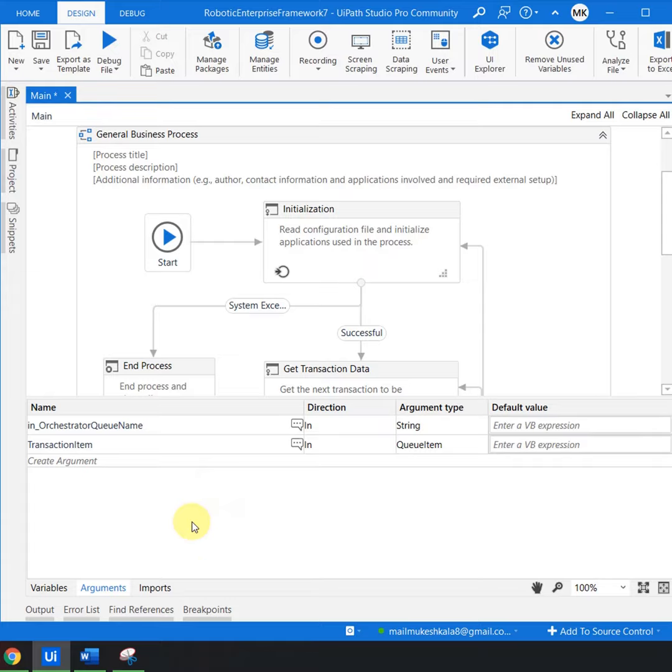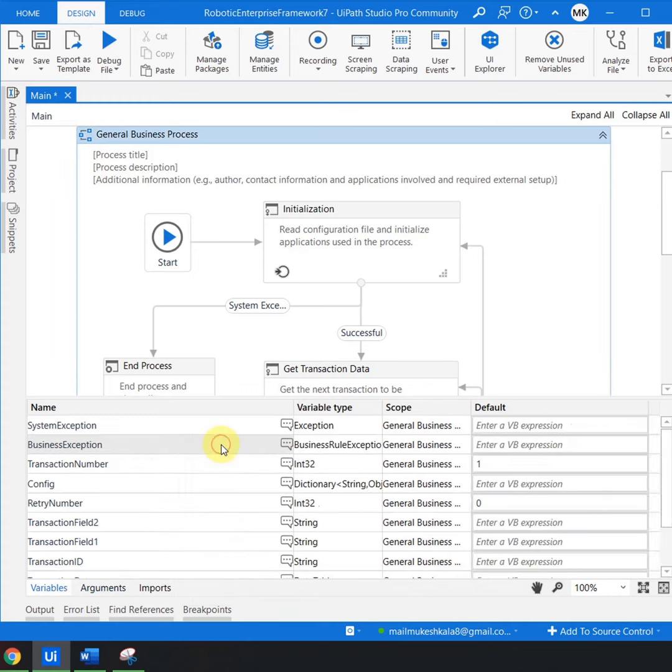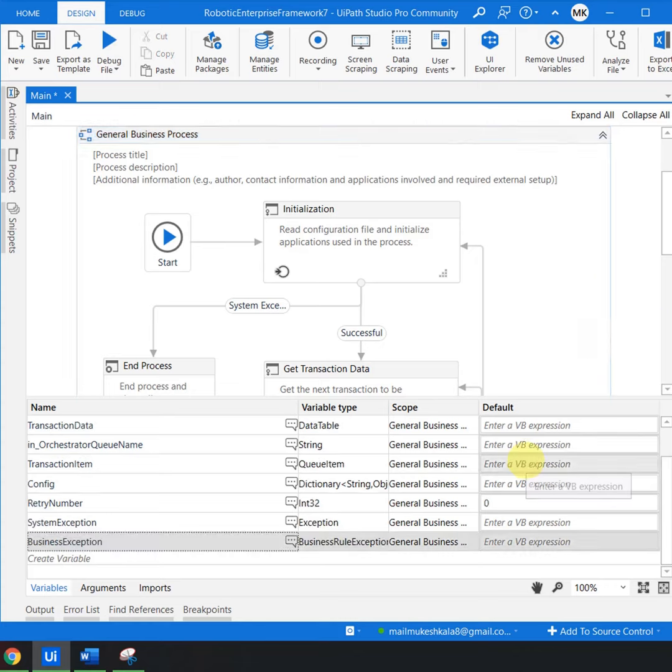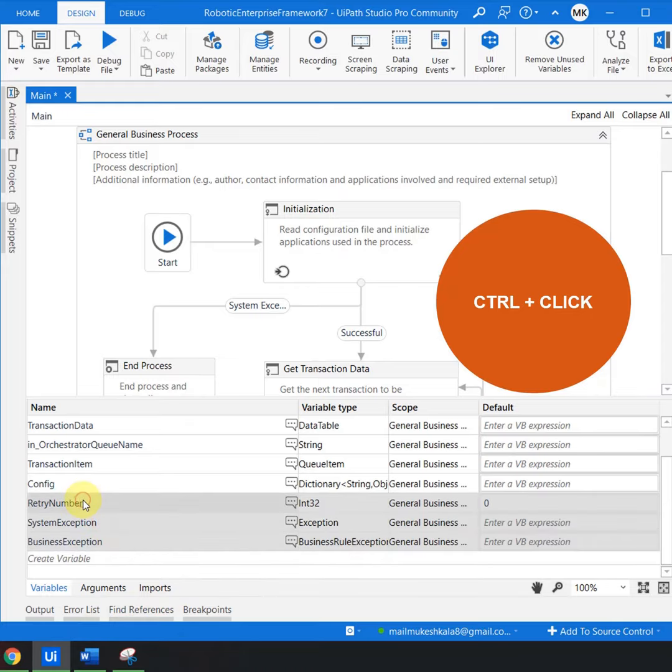A similar concept is available when you have created an argument and you feel like it should be a variable. You can always right click and convert to variable, and it will be available as a variable. This functionality of converting a variable to an argument or an argument to a variable is not restricted to a single item. You can hold the Control key and keep clicking items.